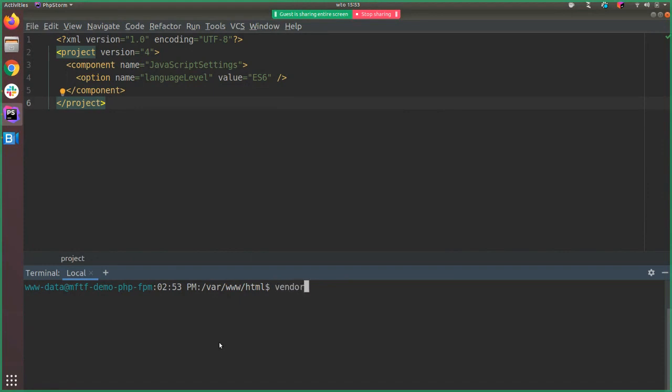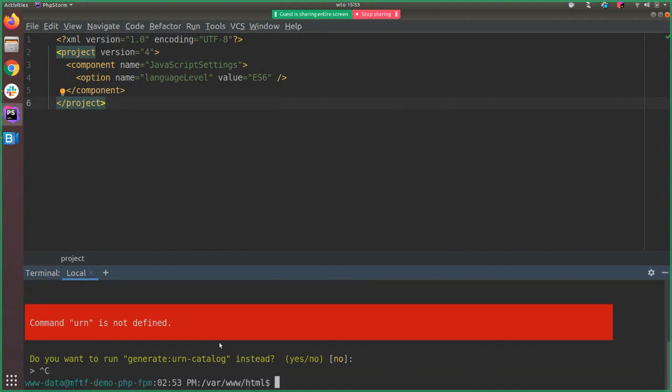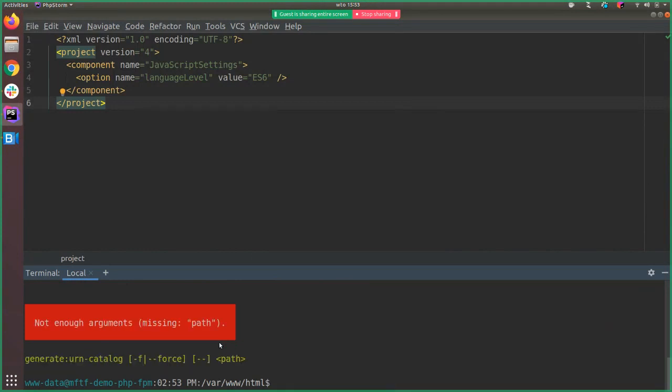Currently, when you run vendor/bin/mftf generate:urn-catalog, the pattern of that command is consistent with Magento core, so it asks you to provide the path, not the file name. So if I put .idea as a path, it will